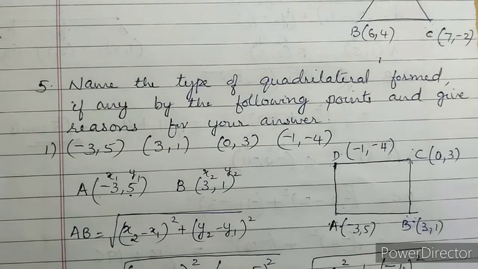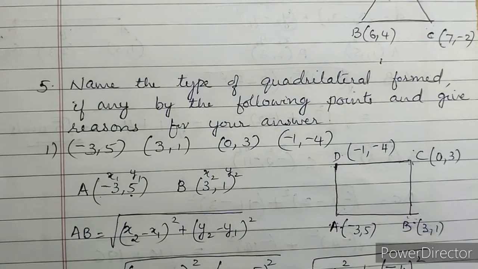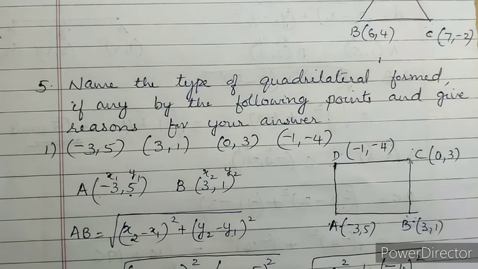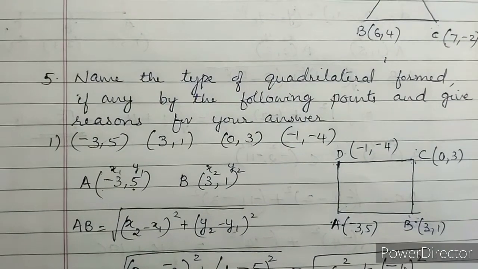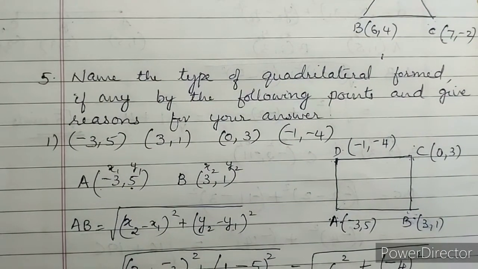And if it is a parallelogram, how will it come? Opposite sides are equal, and diagonals are different for a parallelogram. So you should see that opposite sides are equal and diagonals are different, then you can say it is a parallelogram. Only when all four sides are different, there is no need to find the diagonal. In the remaining cases you have to find the diagonals also.